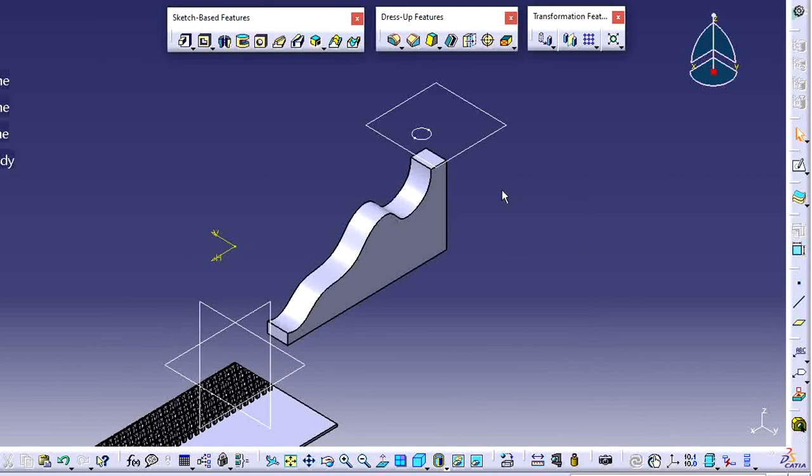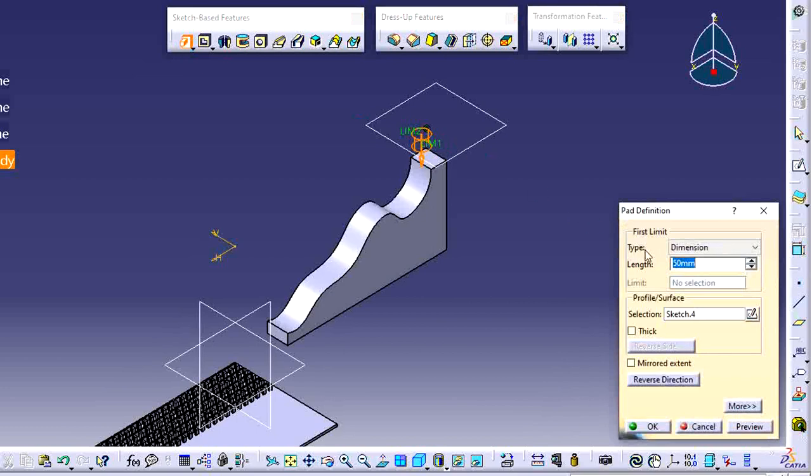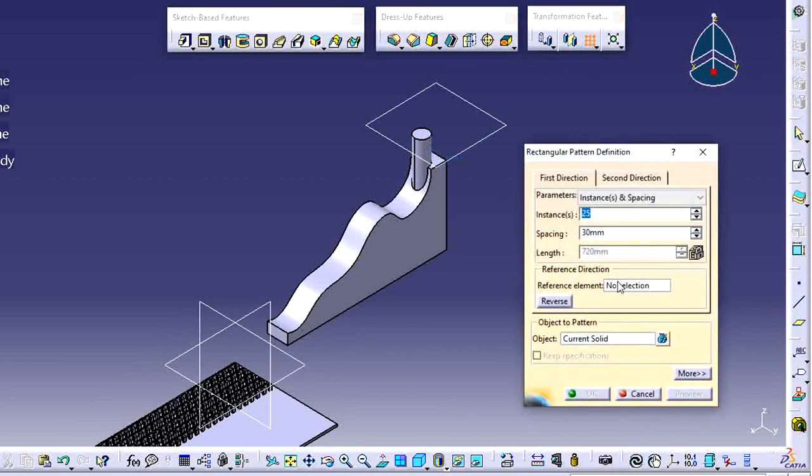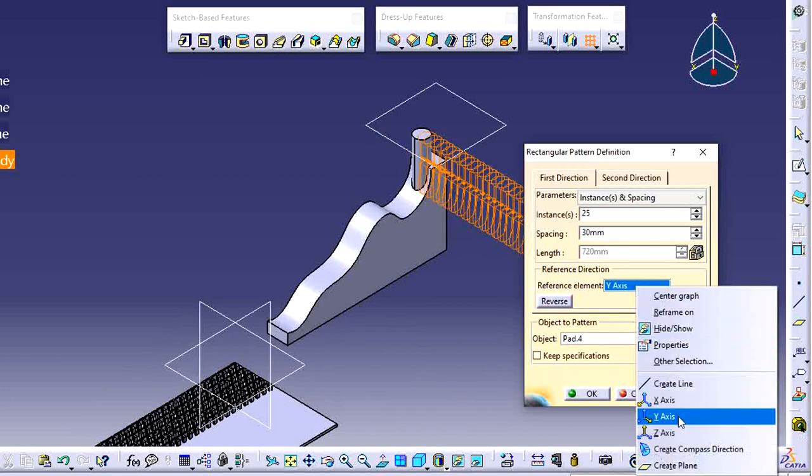See, now here we have one circle. Now I'm applying a pad operation on this circle. This one is the value option. Now I'm using the up to next feature. Actually in this pad operation, I'm applying one feature, that is up to next. If I want to apply this up to next option for all patterns, next when you use this tool on this pad feature, this one is a feature to pattern, and next specify your required direction here, y direction or x direction. Now I'm using x direction.